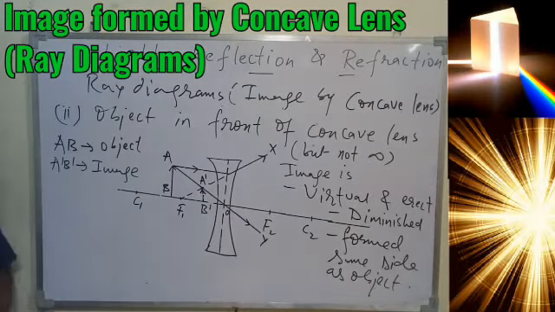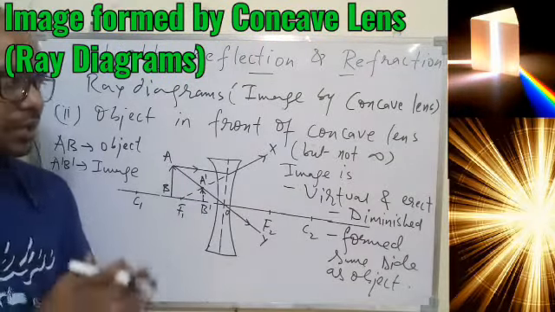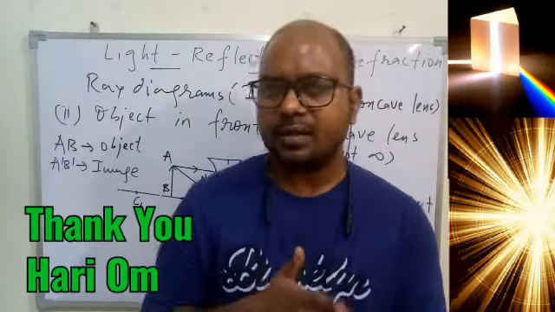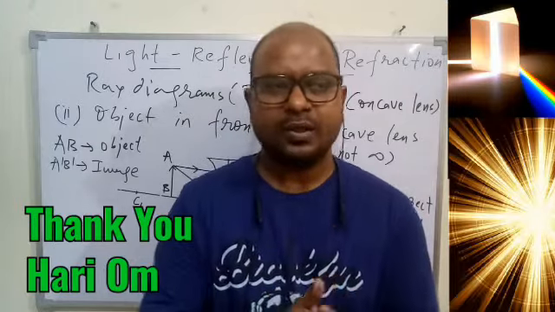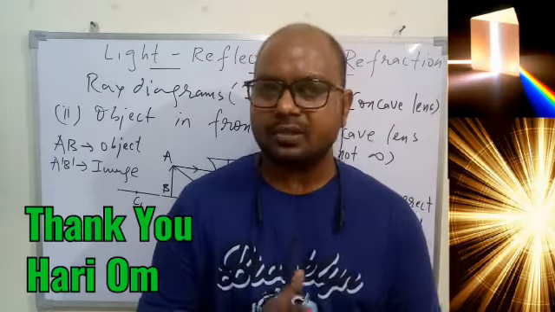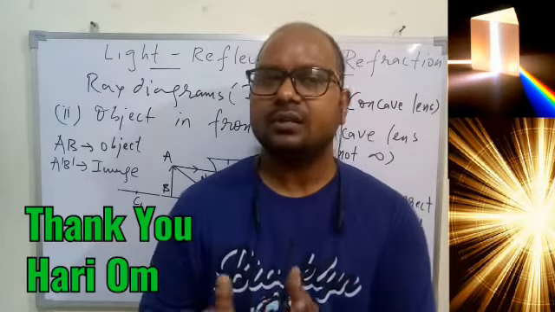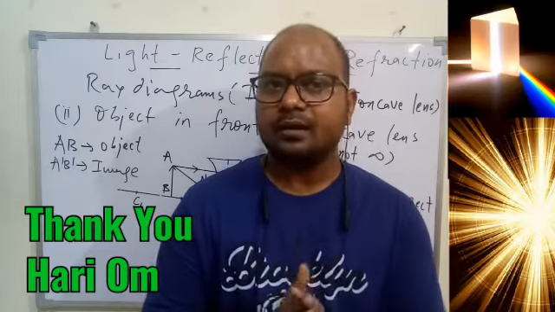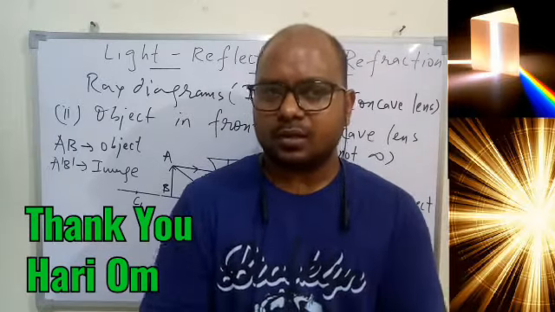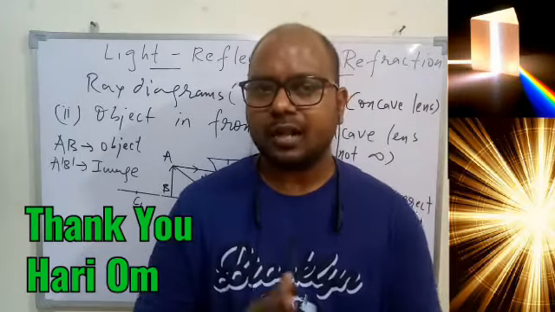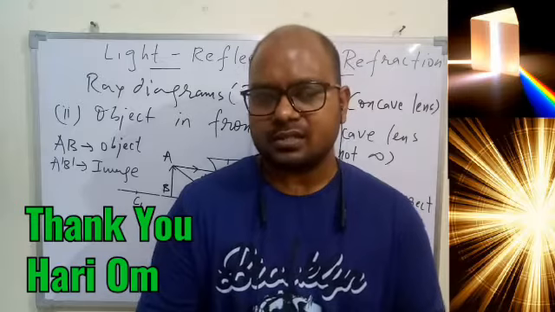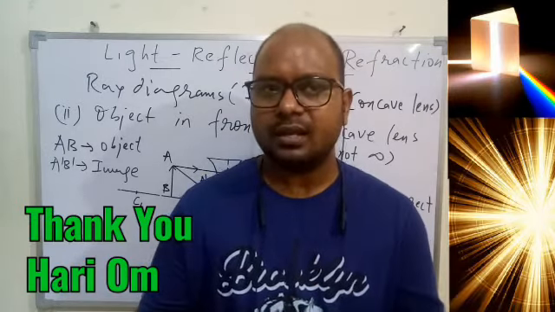So this I left on you, and that's all we have today in this topic, that is image formed by convex and concave lens. But the only thing is you need to practice yourself, go through each and every ray diagram, do it yourself, and let's see if you are able to get it. And without practice, the ray diagram may not be done properly directly in the examination. And also try to take different cases, try to do some research work, like if I keep on moving the object here and there, what kind of change will there be in the image position and the nature of the image. So that is all we have to do yourself, and any doubt just let me know.